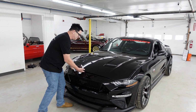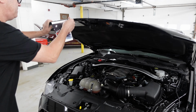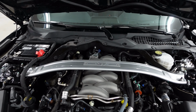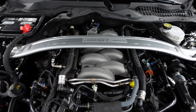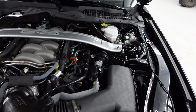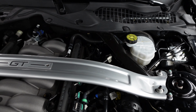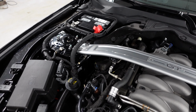Under the hood on these, you'll find a strut tower brace. There it is right there, which helps to improve cornering, which of course doesn't really need much improving on these things. Standard MagneRide 4-wheel active suspension, which adjusts the calibration of the struts like, I don't know, 1,000 times a second or something like that. But with that said, this is about the ultimate expression of a 5-liter Mustang, short of a GT 350 with